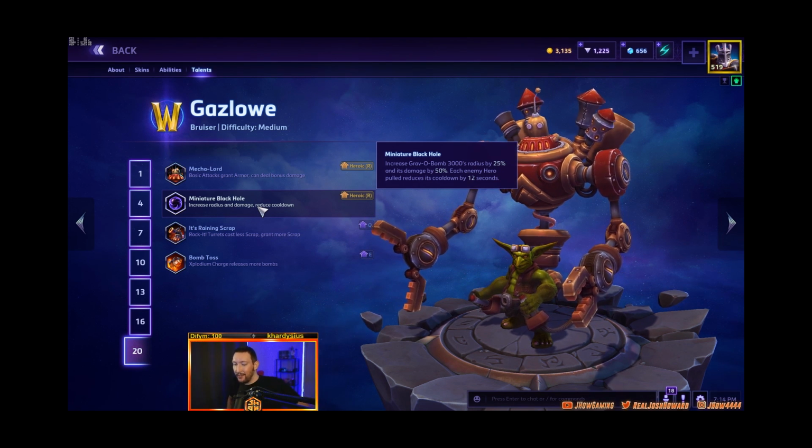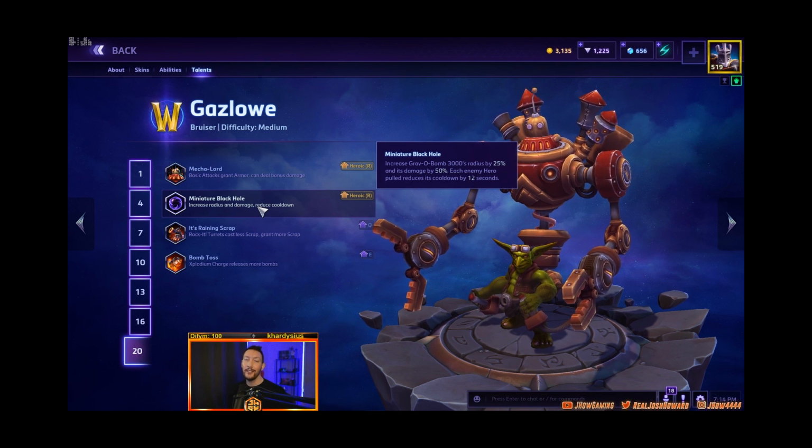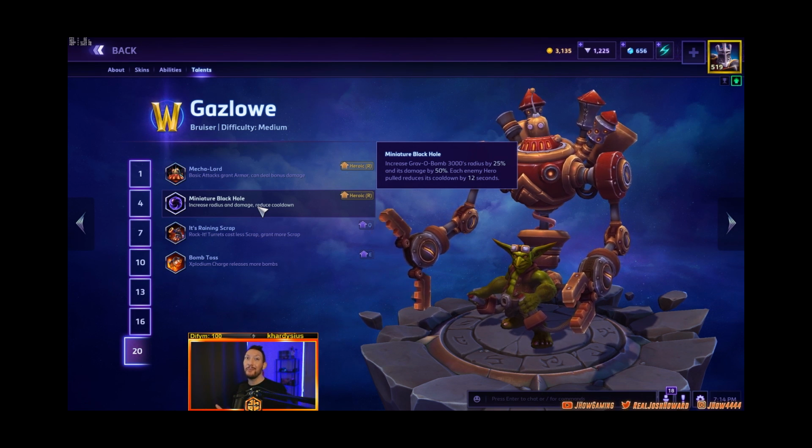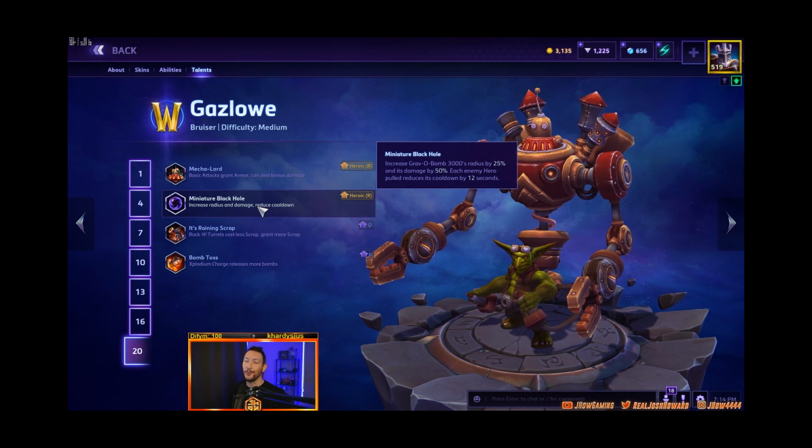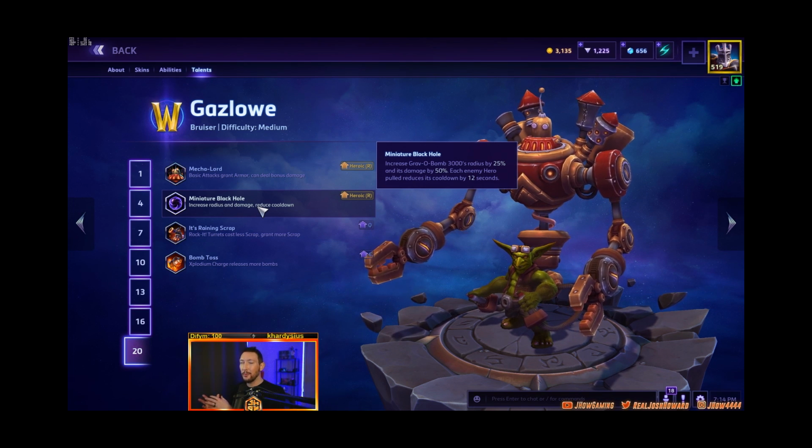Now, if you've watched any of my videos, you know I actually hate level 20 talents that reduce heroic cooldowns unless it's by a wide margin. If I can hit 4 people, miniature black hole, 12-second cooldown on a heroic, now we're talking. 24-second cooldown, probably there for a late game fight twice, but very rare. You're normally trying to kill people with the first one, right? But it can work. So miniature black hole, the cooldown reduction nowhere near as important as the bonus damage and